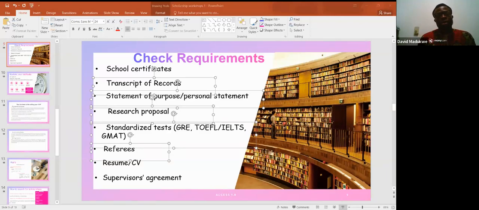Then we have the TOEFL or IELTS, which is the English test. One of the striking differences with this test is that for students that come from Nigeria, some schools waive the TOEFL or IELTS for us. So we don't necessarily have to write it, but you have to inquire if they are waiving this particular test for you. Because most of our programs in school are done in the English language, and if you can convince them that your program was done in English, they'll be able to consider it for a waiver for this test.